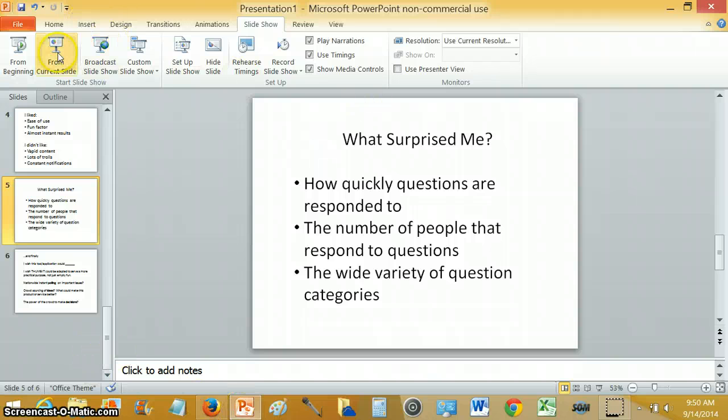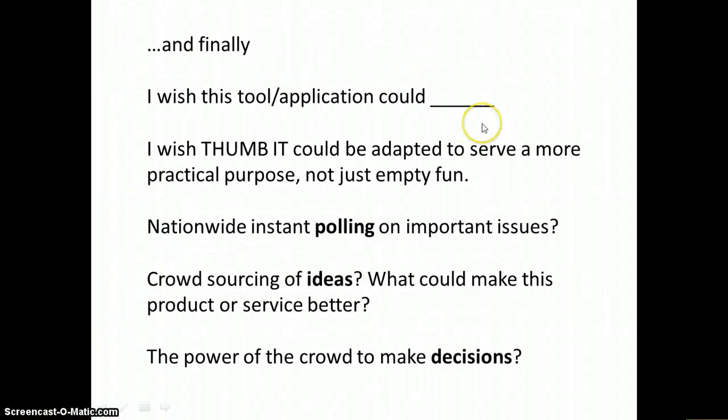Let's see here. Okay, and finally, as far as this tool or application, what I wish it could do, I guess I wish that Thumbit could be more adapted to serve a more practical purpose and not just what I see as more or less just empty fun. And some of these, just a couple ideas that came to mind for me, would be if a large segment of the population